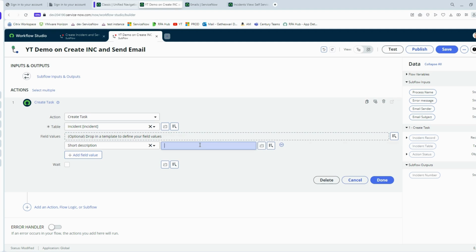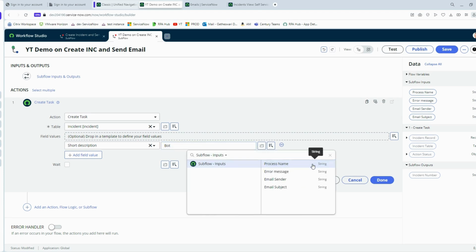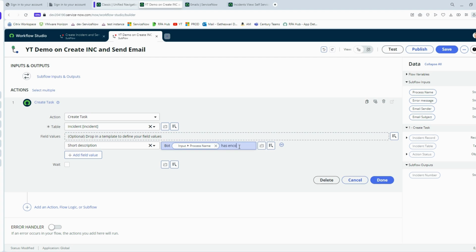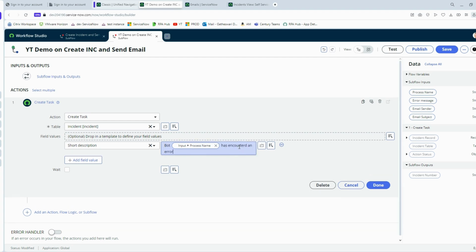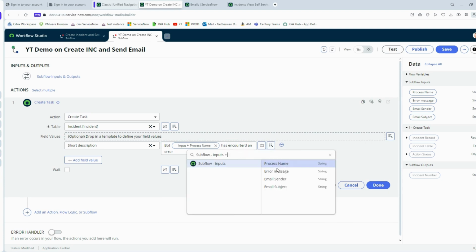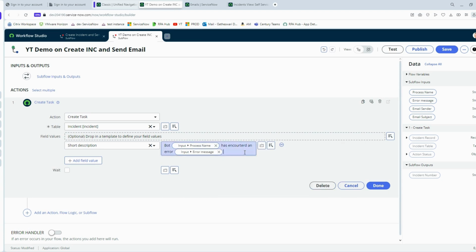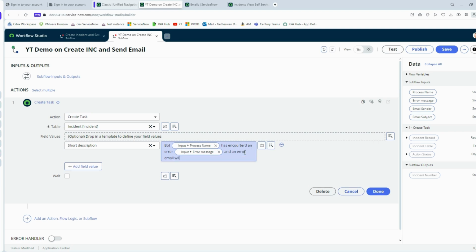I'm just going to have a description that so and so error occurred on the given bot. So let's say that bot. So my bot, the process name, has encountered an error. Let's add the error message, which is from the flow input, and an error email will be sent to the given sender. So this is my short description,